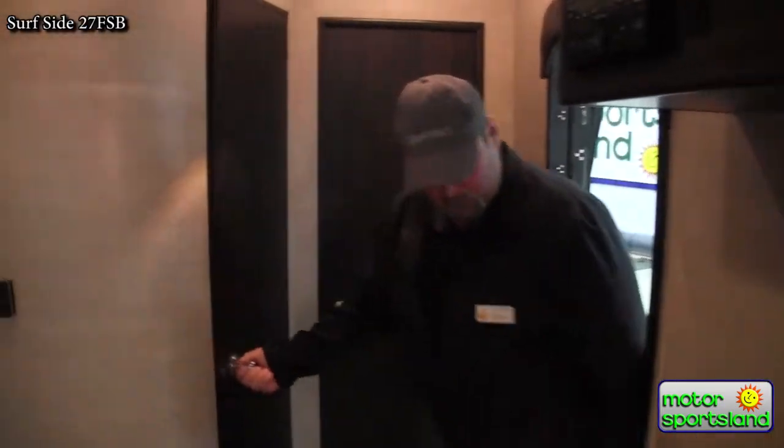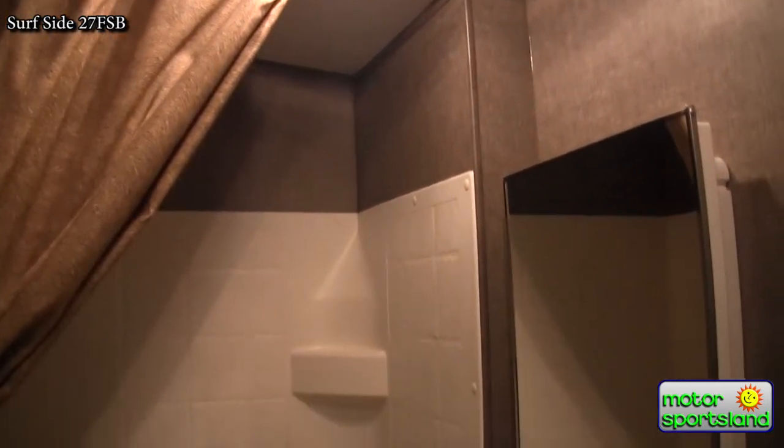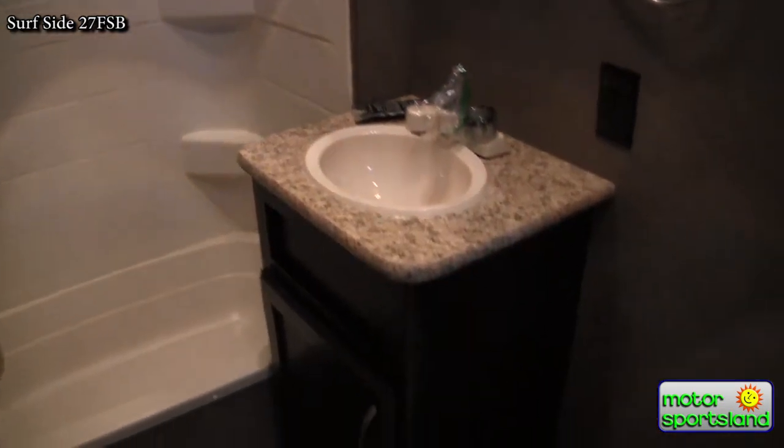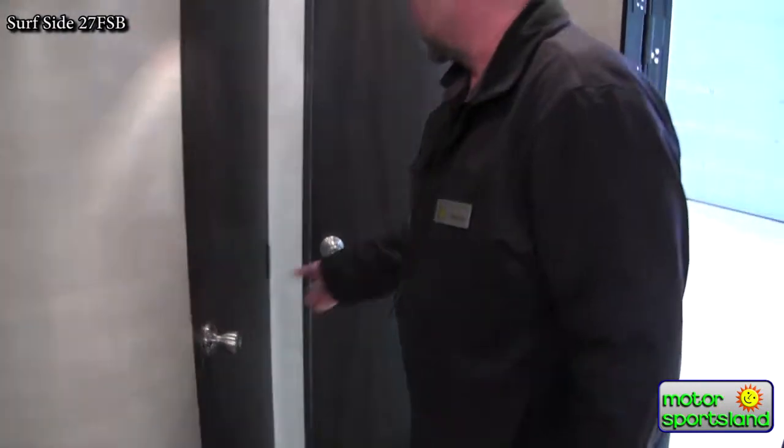Okay, well, we go into the bathroom. We do have a good size bathroom in here. Very tall shower. A lot of people looking for that. Sink and corner recessed toilet, so you can actually get in and out of there a little easier. As we go into the bedroom,